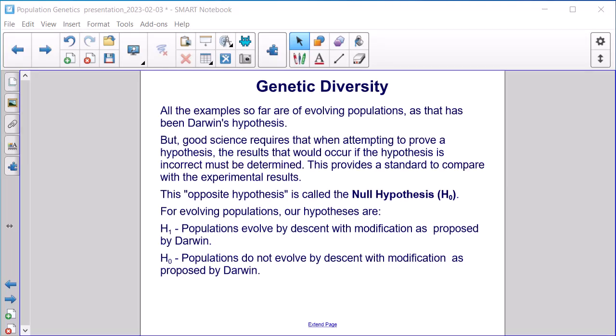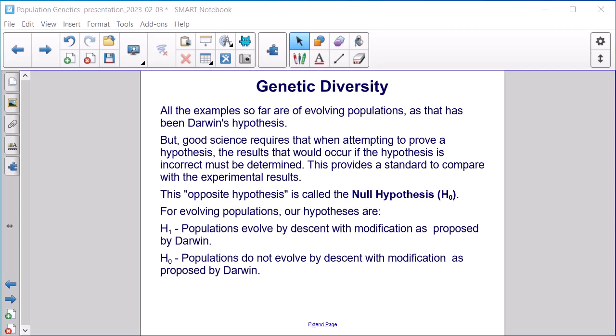All the examples so far are of evolving populations, as that has been Darwin's hypothesis. But good science requires that when attempting to prove a hypothesis, the results that would occur if the hypothesis is incorrect must be determined. This provides a standard to compare with the experimental results. The opposite hypothesis is called the null hypothesis. For evolving populations, our hypotheses are